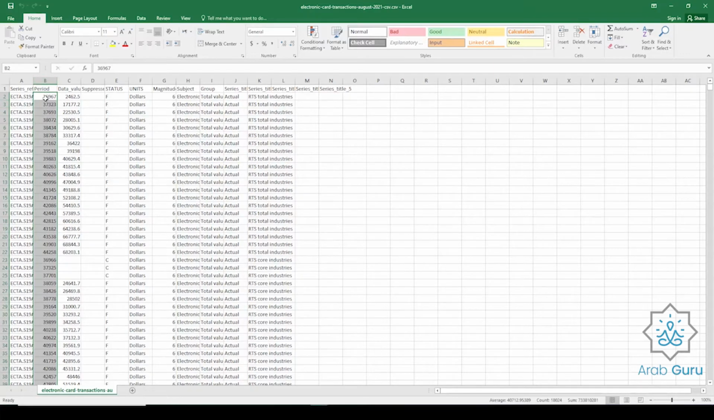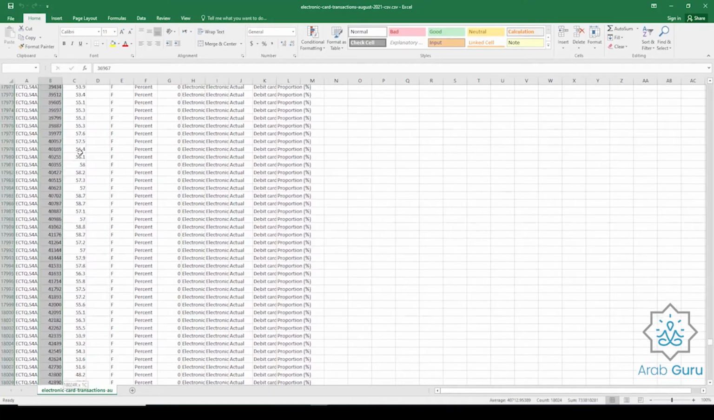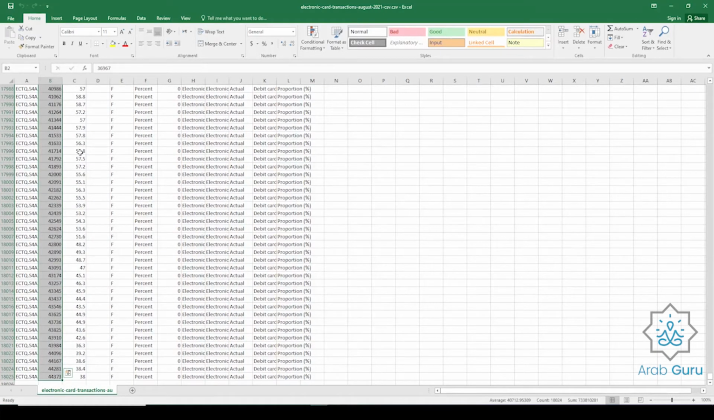So I selected B2, then Control Shift plus down. Let's do it again. See here, I can select the full column, but I don't want that. I need from this one, Control Shift plus down. It was all selected. Let me go to the numbers section in the Home tab or Home ribbon and select this